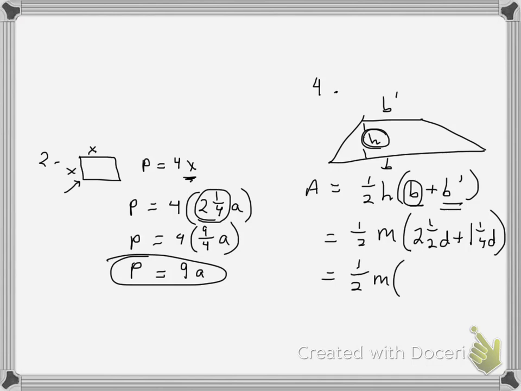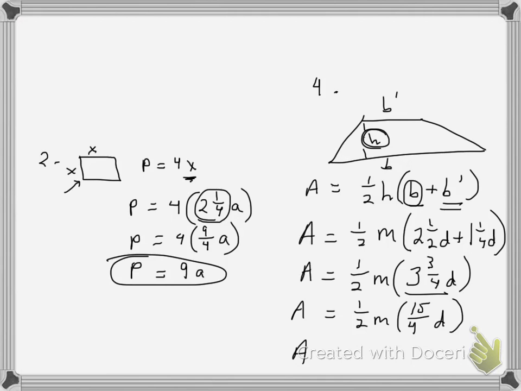Solving it, 2 1/2 plus 1 1/4 is going to be 3 3/4 d, which if I wrote that as an improper fraction, which would be the better way to do it, that would be 12 plus 3 more is 15/4 d. Okay, and so now the last step, this is always area, equals this, and so 1/2 times 15/4,